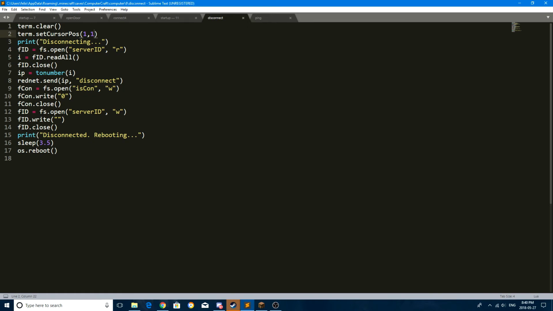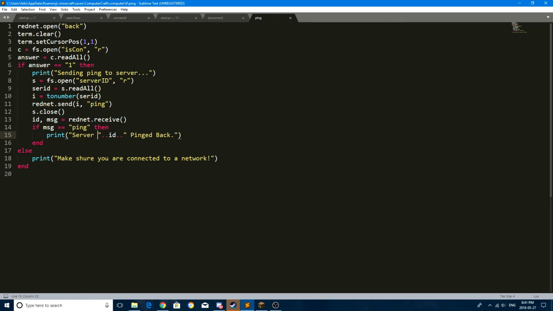And then it just goes inside the iscon file and server ID files, and it pretty much resets those. It resets the ID of the server, and it writes 0 for the iscon, so that means it's not connected to a network. And finally, the last one is the ping program, which pretty much just checks if you are connected, and if it is equal to 1, which means you are connected, then it's gonna send ping to the server. It's going to look up the server ID, and it's gonna send it to the server with the code